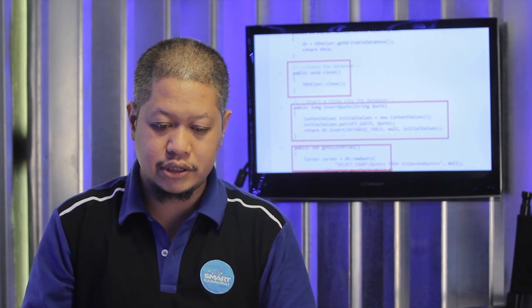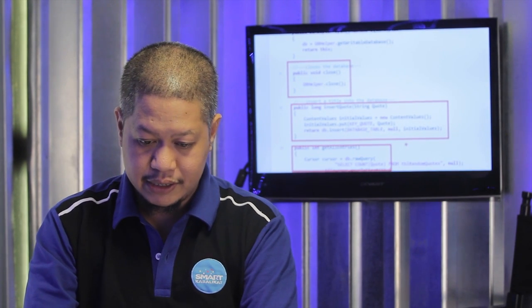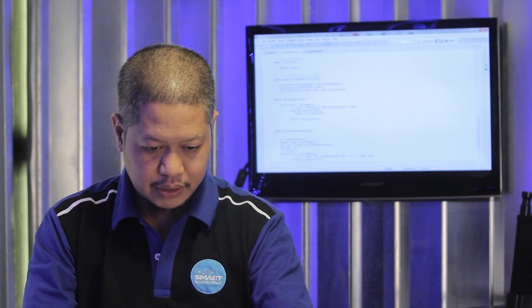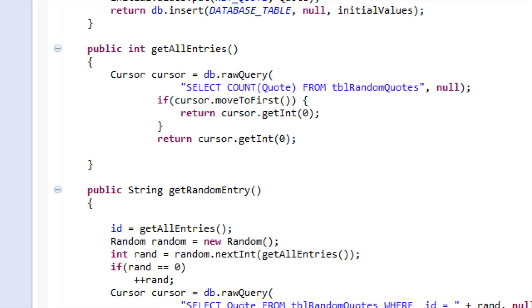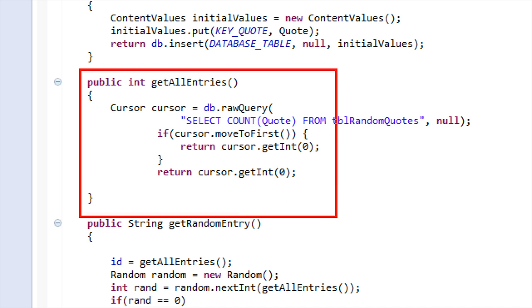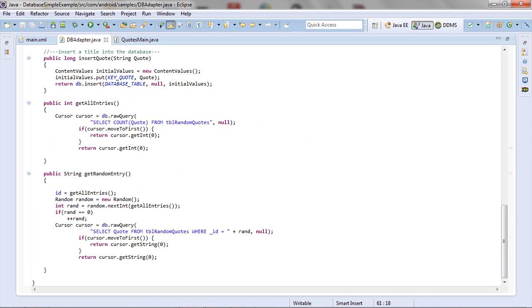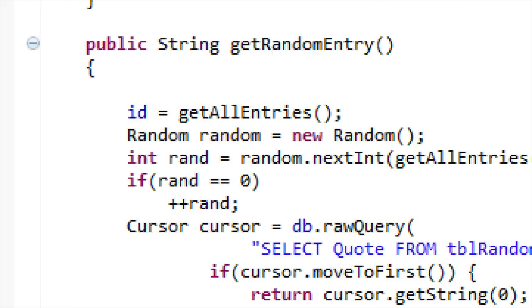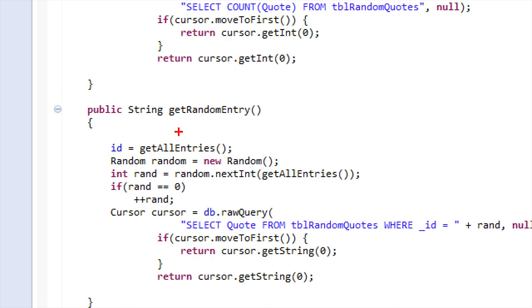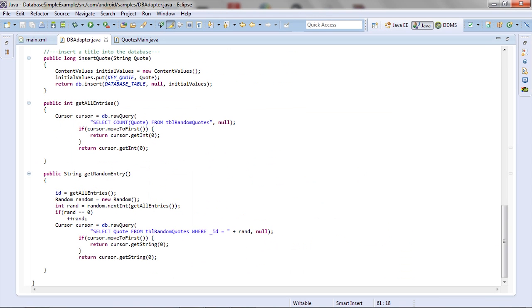We have the insert function, so we can save data to our database. Then if I move further down, I have the ability to get all of the entries or all the records in my table. And I have the ability to get a random quote from my database.